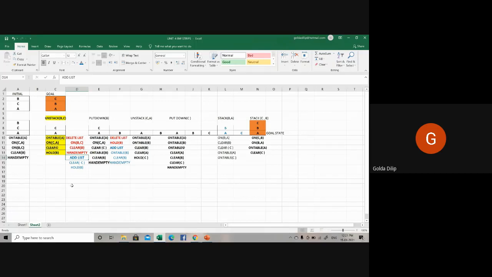So this way a problem will be given to you and you will be asked to illustrate the plan execution, also called the planning sequence, using STRIPS representation.